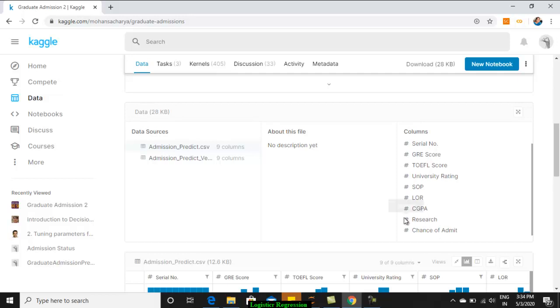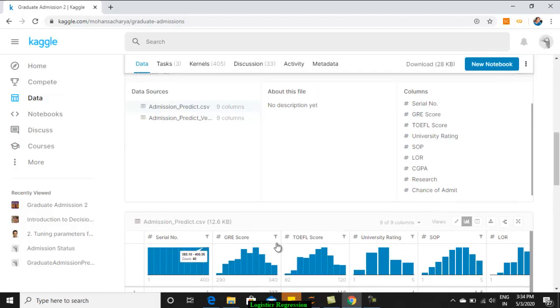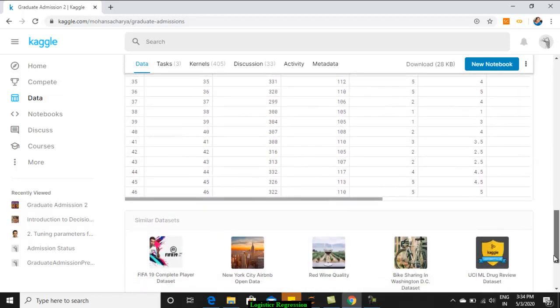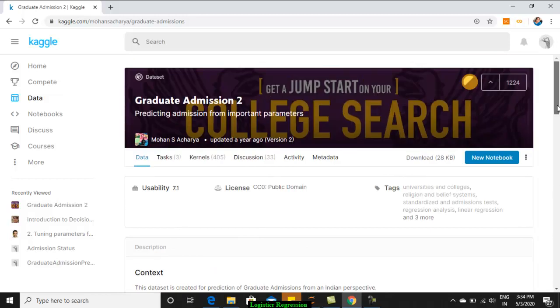Based on all these, the system will predict the chance of admission, whether he will get admitted or not. You can see how the data are distributed here itself, which we normally plot and see. All the values are given here. That also you can have a look at.